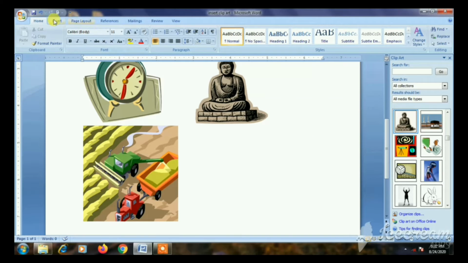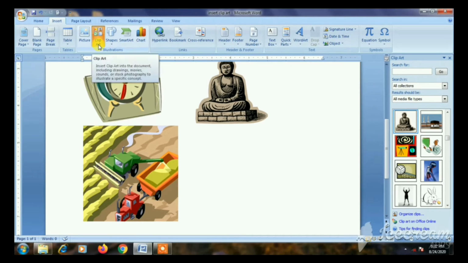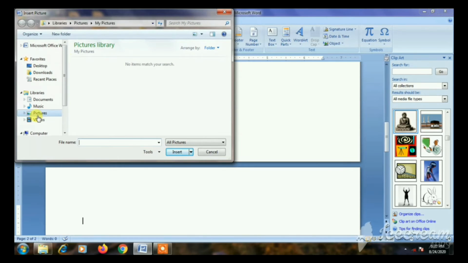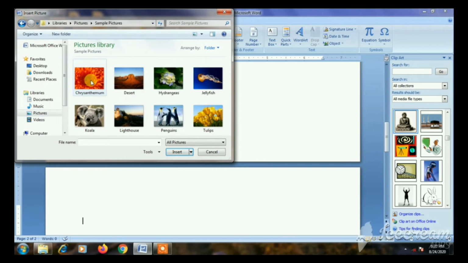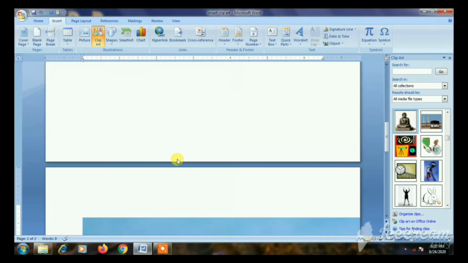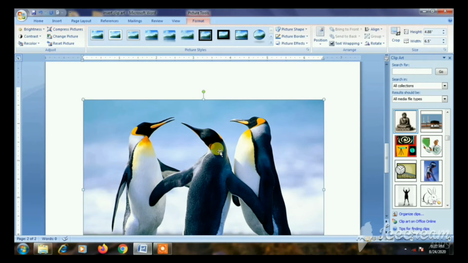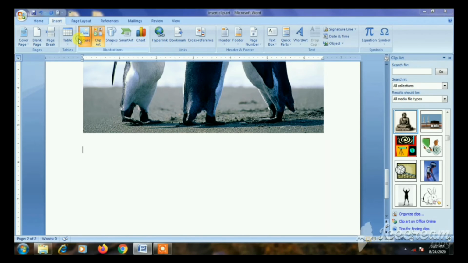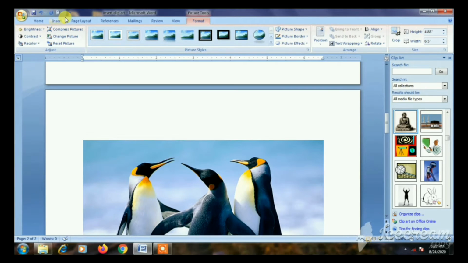Now we are going to see how to insert a picture. Pictures means the ones we saved in our system. Now we can see how to insert those pictures in the Word document. For that, you just click the Insert tab and click Pictures. See here, I select the pictures. In the system I also have some default pictures, and I insert those. See here, I insert that penguin picture and I insert one more picture. You see that. Okay, and I save the file.